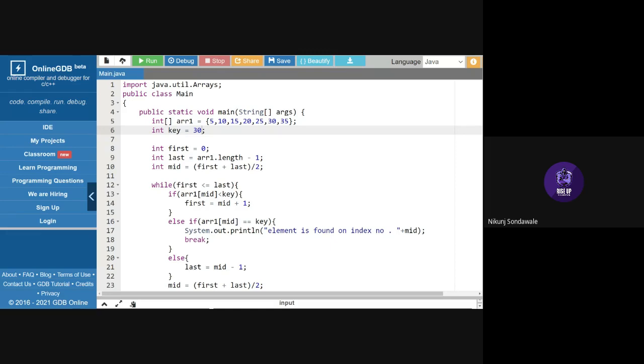Of which section? Just let me know. Okay, B. So I have a task for you, Vasu.